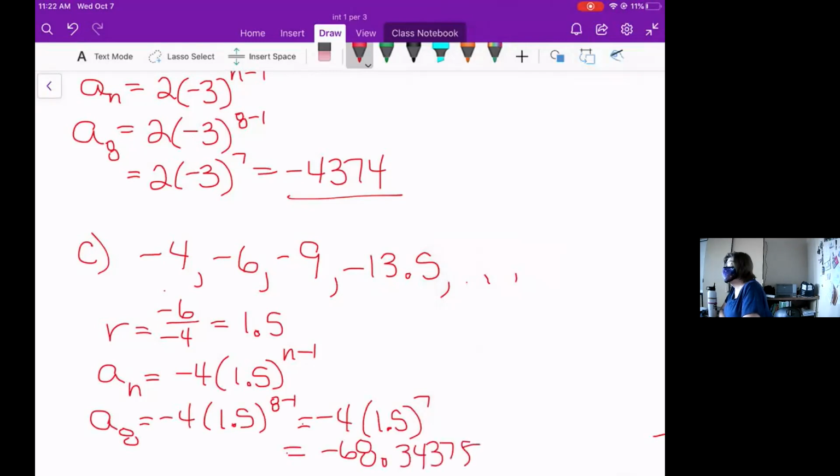Okay, how did you do on the... Did you use parentheses? Are you doing it on your phone? Remember, we decided no parentheses on the phone. Four negative times 1.5 to the 7. 68, okay. Okay? All right, ladies and gentlemen, I am done. Your assignment